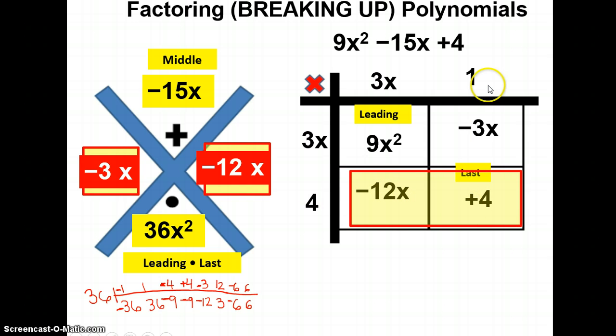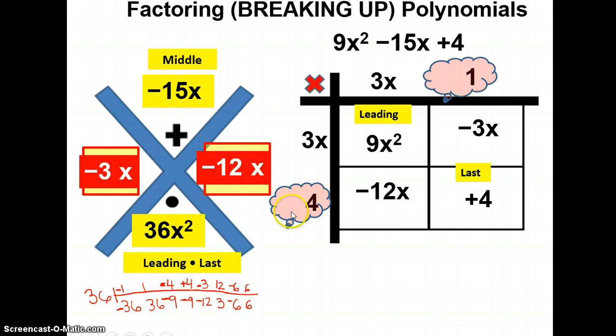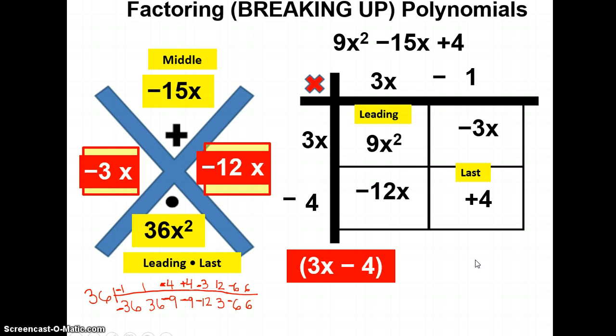Now comes the moment of truth. Do I put a negative on the 1, on the 4, or on both? On both, because a negative 1 times a negative 4 will get me a positive 4. So my binomials are 3x minus 4 and 3x minus 1. Let's try one last one